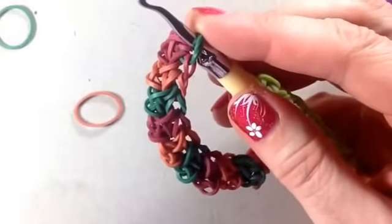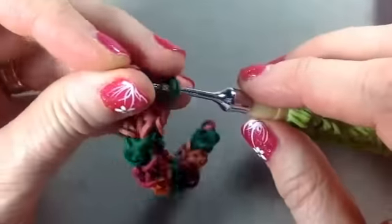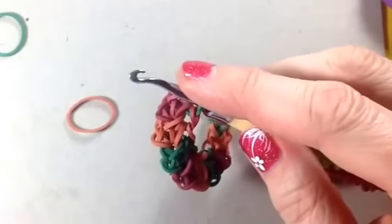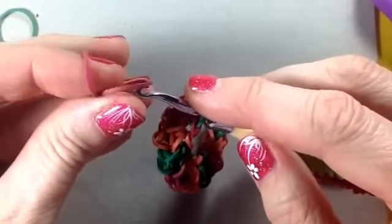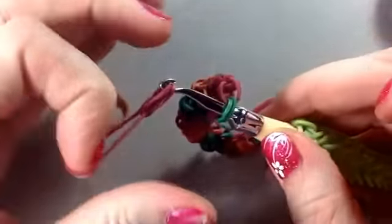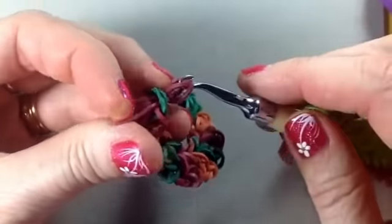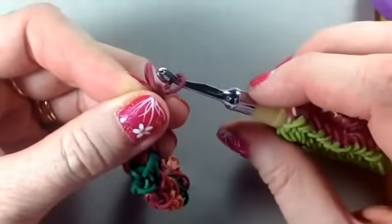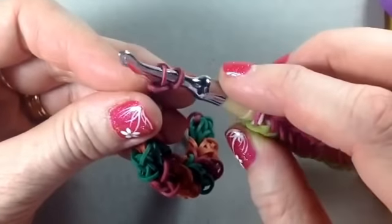So we'll start again with the starting sequence, which is simply a leaf stitch instead of pulling one through to start. So it's just a leaf stitch in the next colour up. Exactly the same, pulling over, picking up,